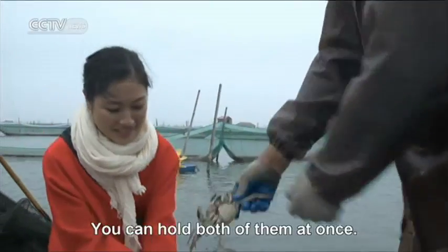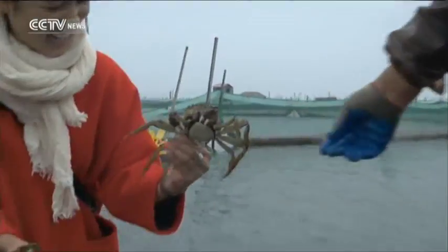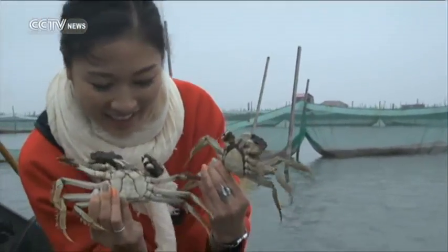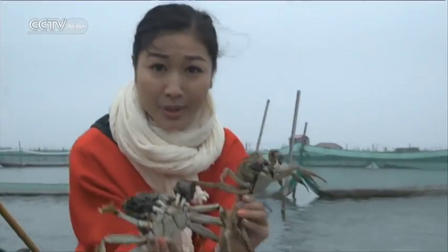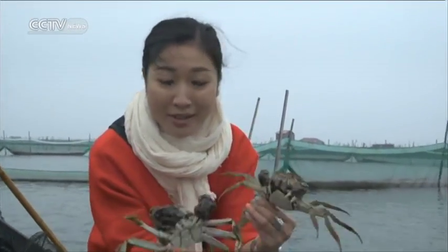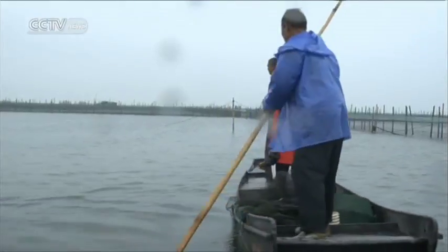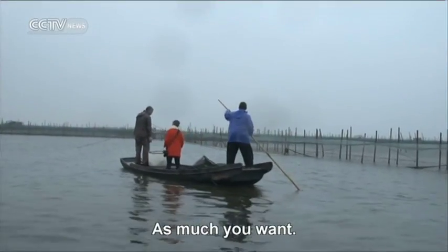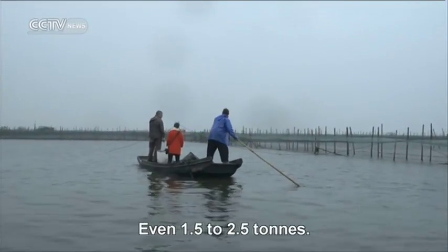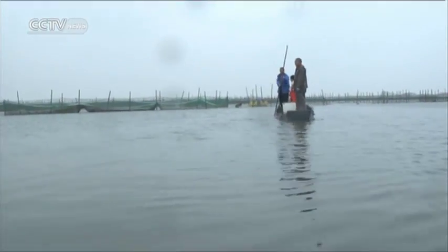看。这个母的。OK。这个就是母的。Yeah, see, there you go. Check it out. Look how hairy these pincers are. You know, these crabs are also called Chinese mitten crabs because it looks like they're wearing gloves. 你们一天可以捕多少？一天不一定，要一天要起标多的话，3000-5000斤都可以捕到的。